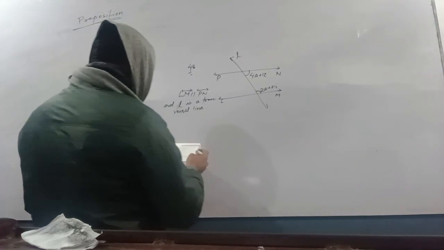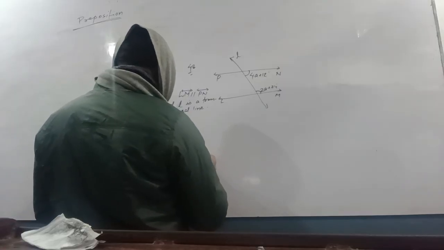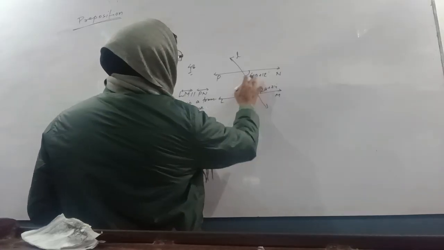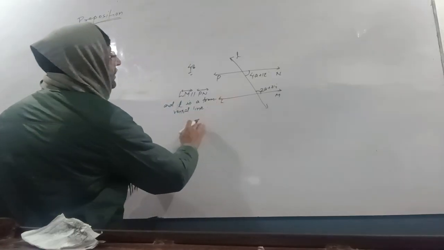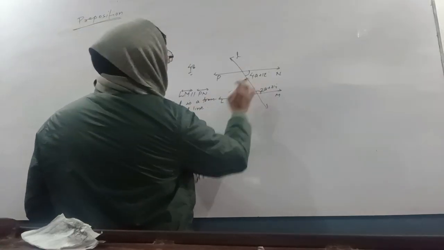We have to find the value of A. So we know that the sum of co-interior angles